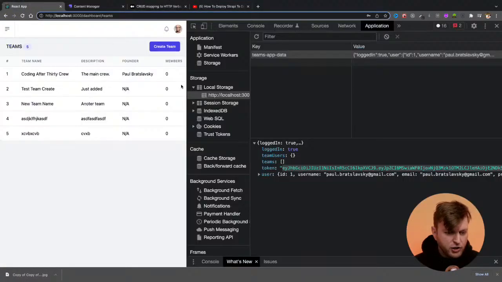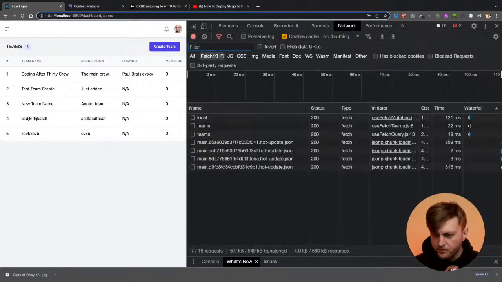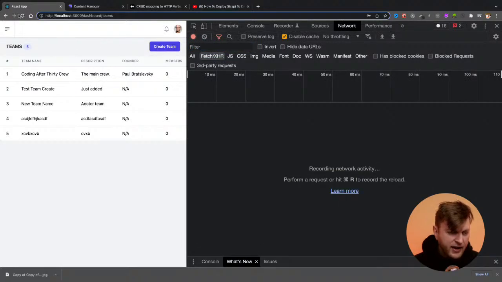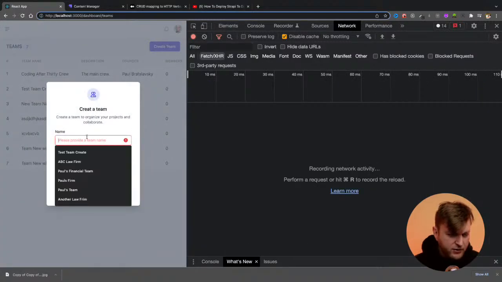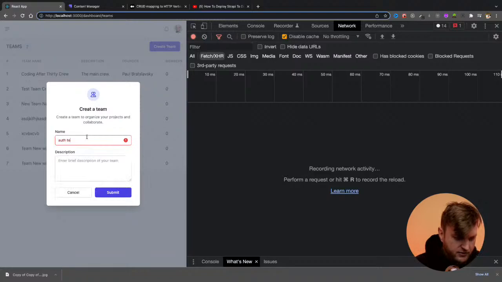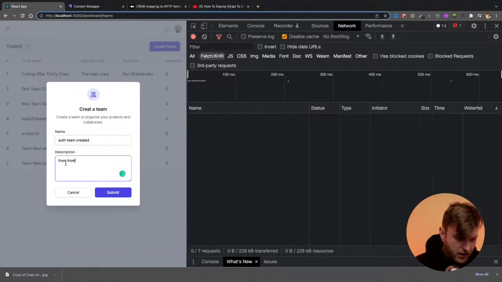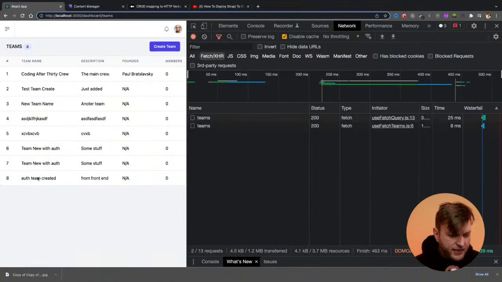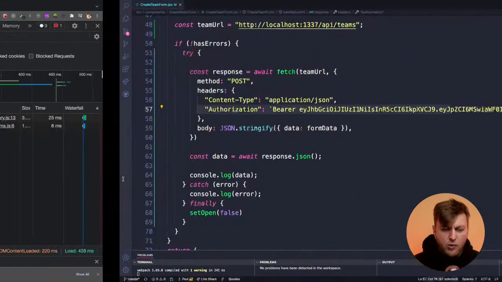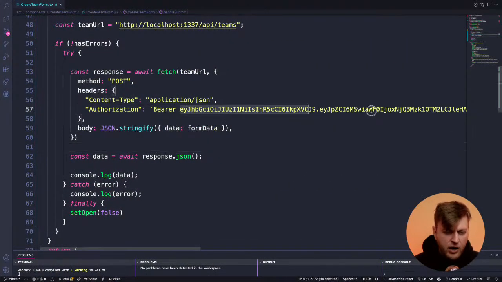So we go to our application, and I'm going to go to network. And again, if you guys have questions about anything, I'm here for you guys. I'm going to refresh this, and let me delete this again, and create a new team. Auth team created from front end. So let's see if this request works. We hit submit. What do you know? That request did work. Here we go. We have that request. So we know that this is the correct place for us to pass our token,